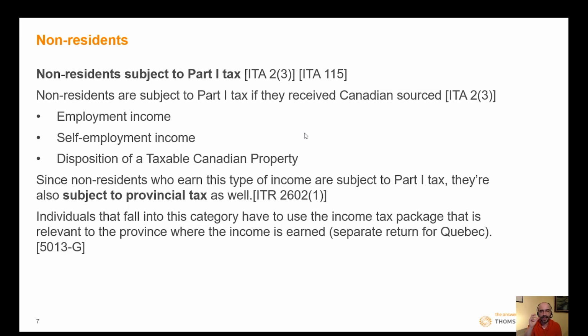Well, in this case, it is the type of income that will determine it. So what type of income categorizes this individual as a non-resident subject to Part 1 tax? It is employment income gained in Canada, of course, self-employment income gained in Canada, and/or disposition of a taxable Canadian property. So it's either one of these income types or a combination of the three that will, for lack of a better term, tip the scale and essentially categorize this individual as a non-resident subject to Part 1